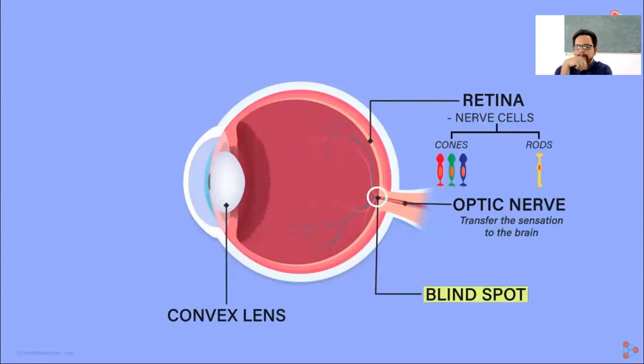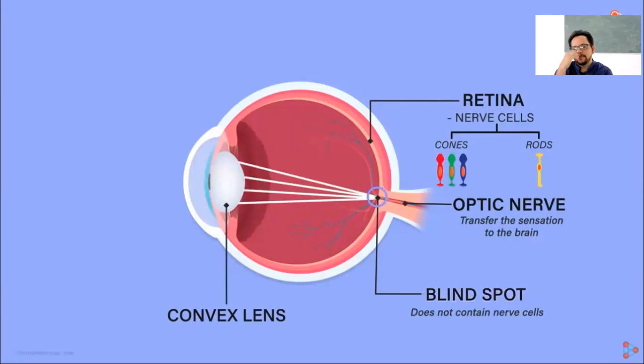Unlike the rest of the retina, this region does not contain nerve cells and hence no signal is transferred to the brain. The reason that we're not able to see the plus sign from the right eye at some distance is because at this distance, the lens in the eye focuses the light in this region. And since there are no nerve cells present in this region, no message reaches the brain. And that's why they say that every person is partially blind. It's because every eye has this blind spot.